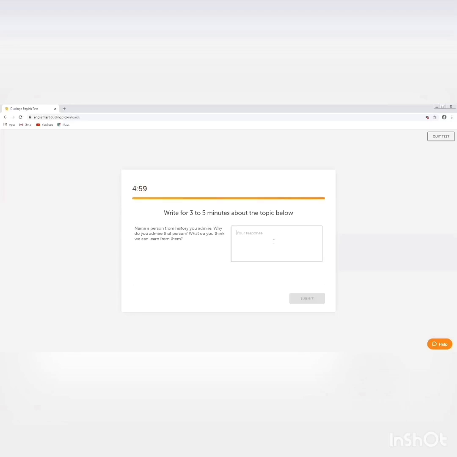When you are writing, read the instructions carefully. You have to write for about 3 to 5 minutes about the topic. It doesn't mean that you do not type during this time. Please make sure that you write a good amount of content with good vocabulary, good statements, and no grammatical or spelling mistakes, because spelling mistakes will definitely cut down your marks. Please be sure that you are answering all the questions which have been asked.